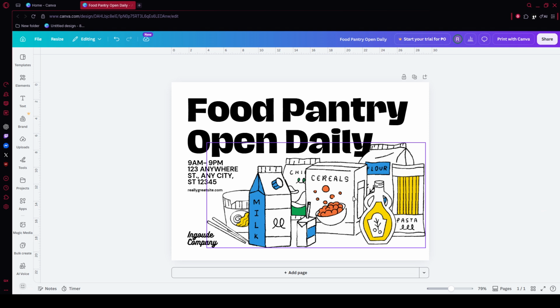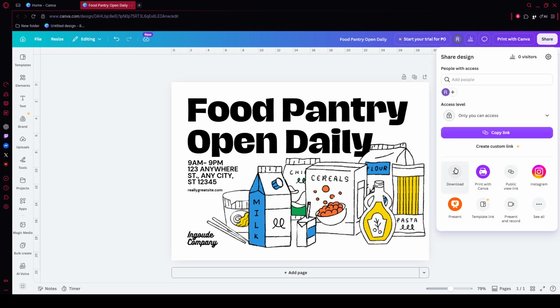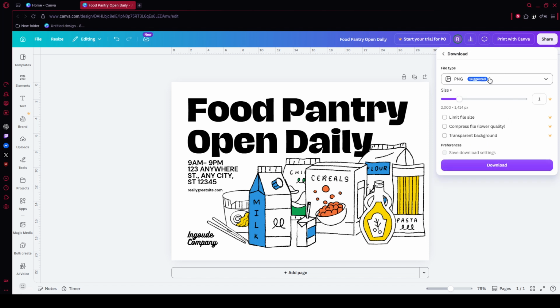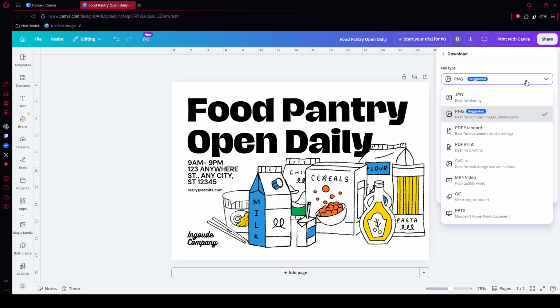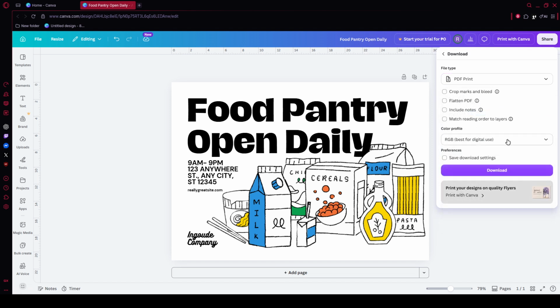To finish, move your grouped design around the page and check Canva's alignment guides to make sure everything is positioned correctly. When you're happy with the result, go to the top right corner, click Share, then choose Download. Select PNG for digital use or PDF print for high quality printing, then click Download to save